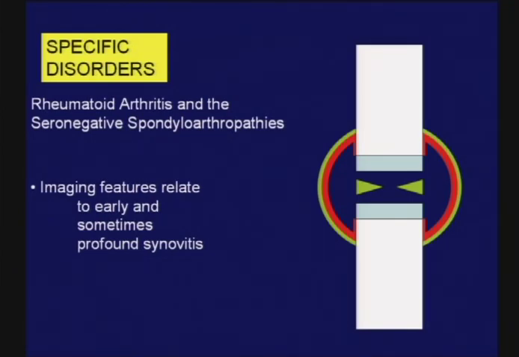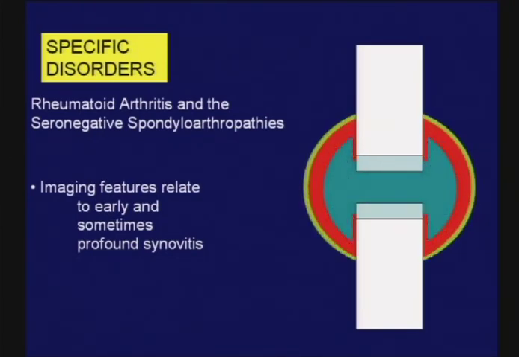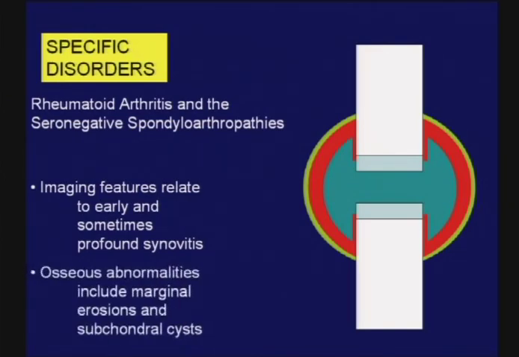In all of these diseases, the imaging features relate to early and sometimes profound synovitis: distension of the joint, thickening of the synovial membrane, hyperemia in that synovial membrane, and an enlarging joint effusion. Bone abnormalities typically include marginal erosions, as we talked about, and the development of enlarging cyst-like lesions within the subchondral bone. Those cyst-like lesions, which rheumatologists call geodes, may contain fluid or abnormal synovium or both, and they can